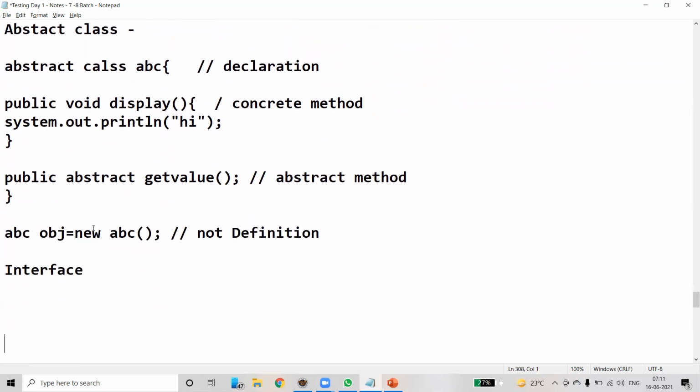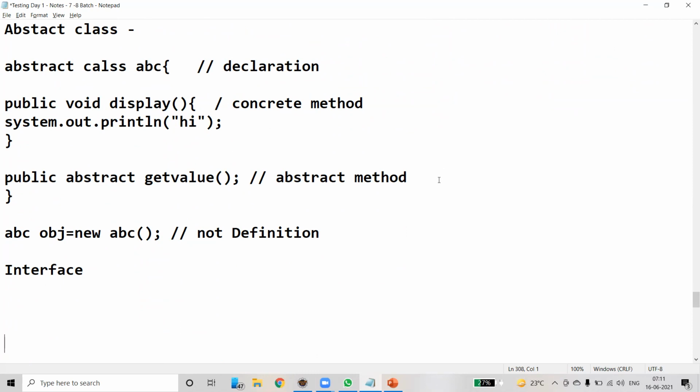Now, if you create an object for an abstract class, what will happen? Tell me what will happen. You cannot define a get value method because it is abstract in nature. Even though you declare it, you can't define it. The reason behind this is that it is partially implemented.